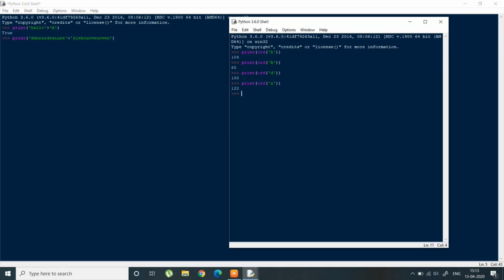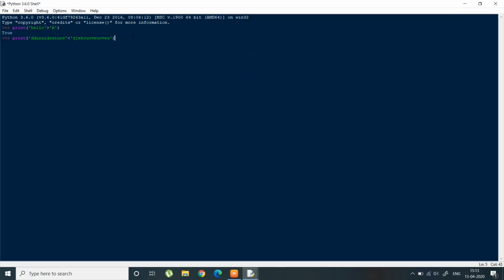So you can see the ASCII value of z is greater than the ASCII value of d. So it will print true because the ASCII value of d is smaller than the ASCII value of z. So it has printed true. So all these four operators just calculate the ASCII value of the first character of the strings and then output the result accordingly.